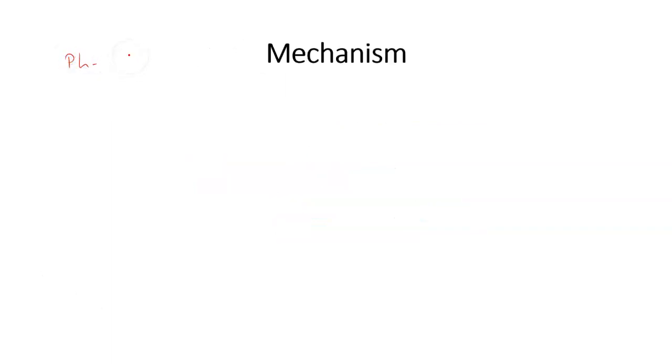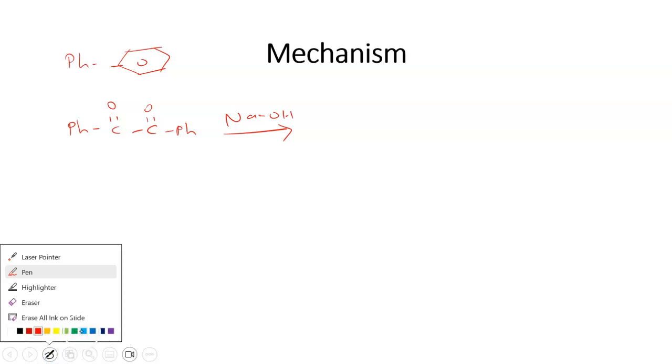Now we will see the mechanism part. Here I will write Ph instead of this phenyl ring, so it will be easy to understand. So the first structure in the mechanism is the 1,2-diketone having phenyl rings. Here we are using NaOH, and it will generate a nucleophile. As we have discussed, when it generates a nucleophile,